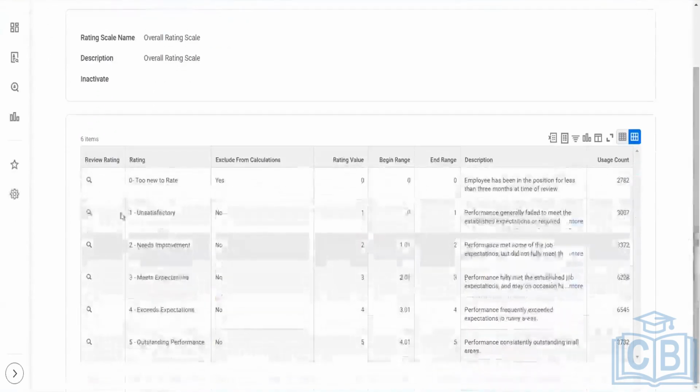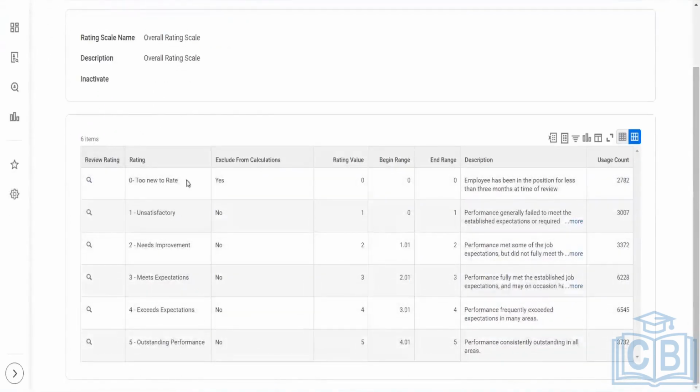Here, we have a 6-level rating scale which starts from 0 to 5. You can see here we have an option of exclude from calculation. This is because employees who will not be eligible for the annual performance in a merit plan for that particular annual cycle, maybe because they joined recently or they were on maternity or other leaves.